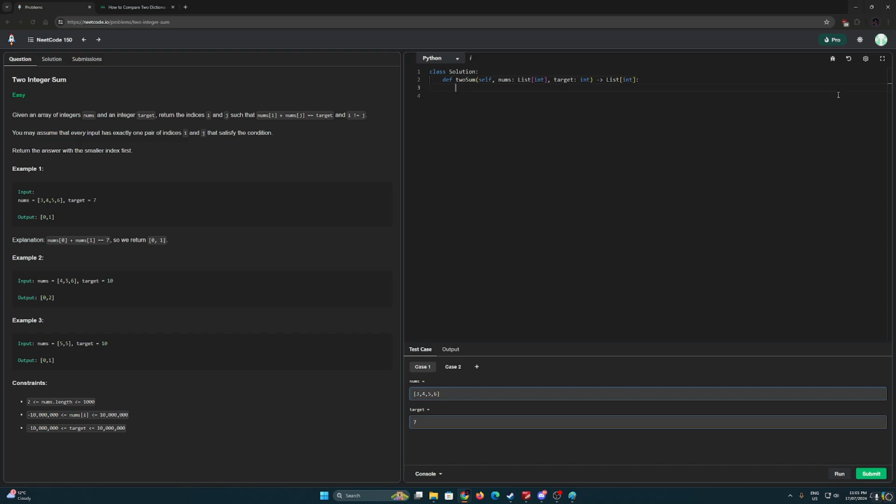So I'm going to make my D. Then what I'm going to do is if target minus, no, oh goodness, sorry. I need to loop over nums. So for I in range len nums,